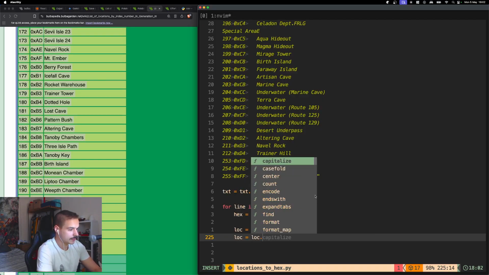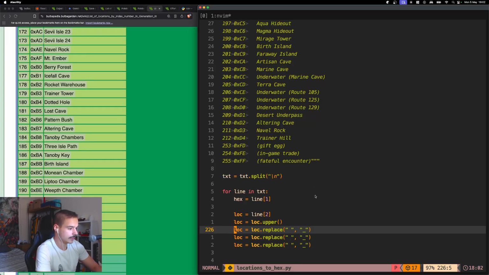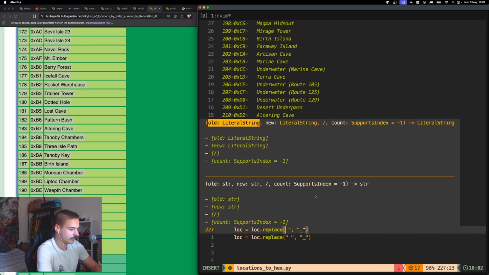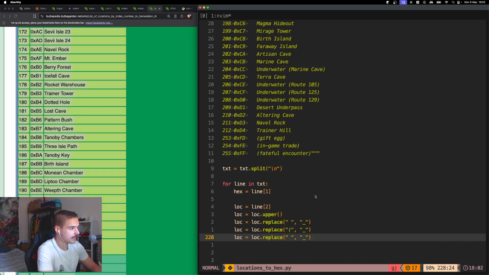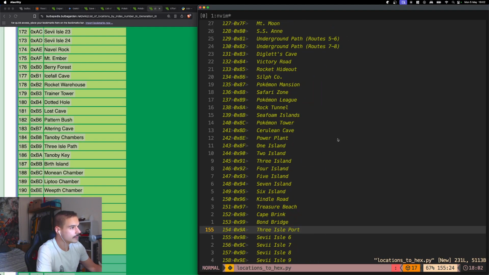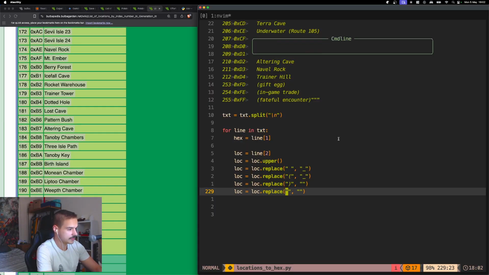And then for lock, we want to convert it to uppercase, replace white space with underscores. We also want to replace left and right brackets with underscores as well, I would say. Maybe not right hand brackets. We can replace those with nothing. Let's also get rid of apostrophes or single speech marks,